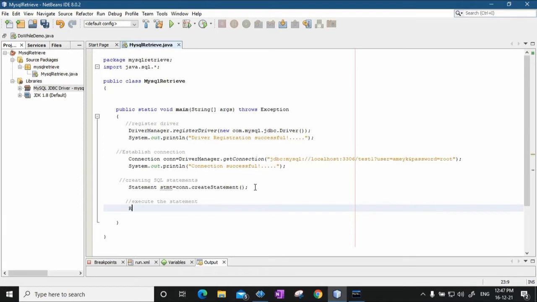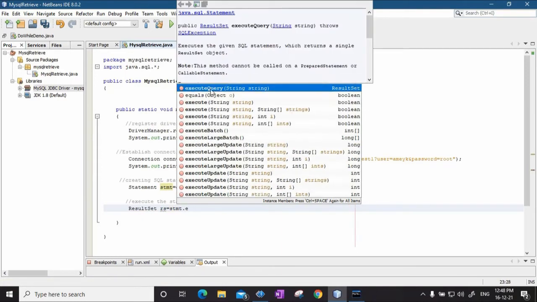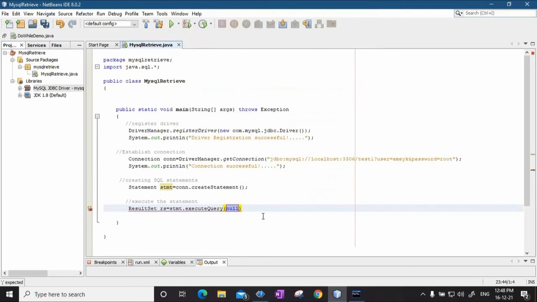So I'll say result set, and the object name is RS, let's say, equal to, now I will use this STMT object of statement, and it will use a method called execute query. Which query? The same query that I had written earlier, that is select star from employee table.